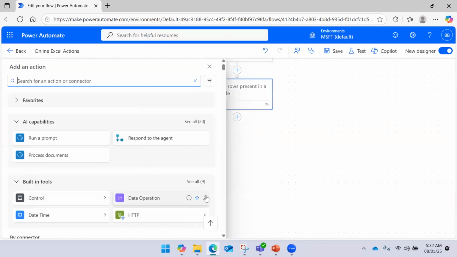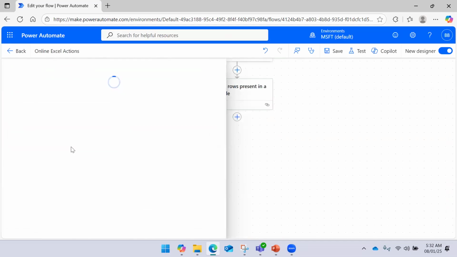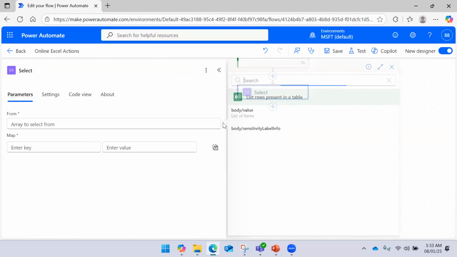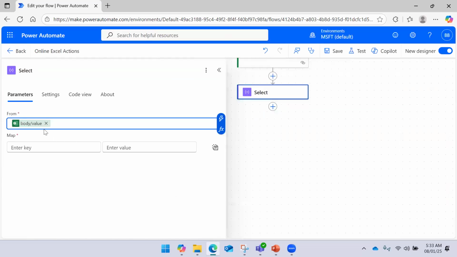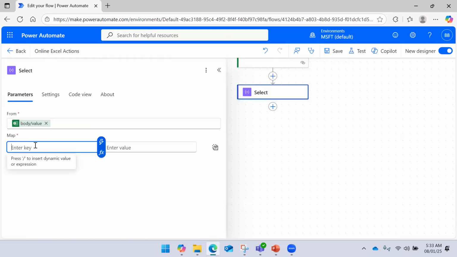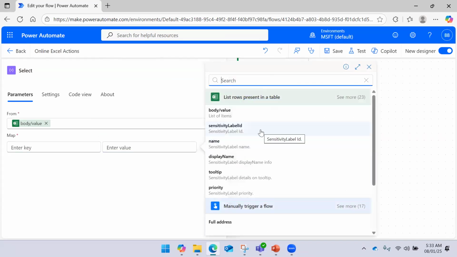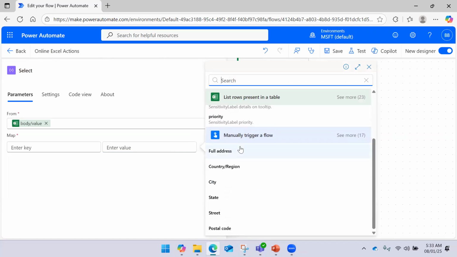And here you can say body, this will be the array. And then you can pass the names of column, like whatever the columns are there, name, and then from previous step you will be able to